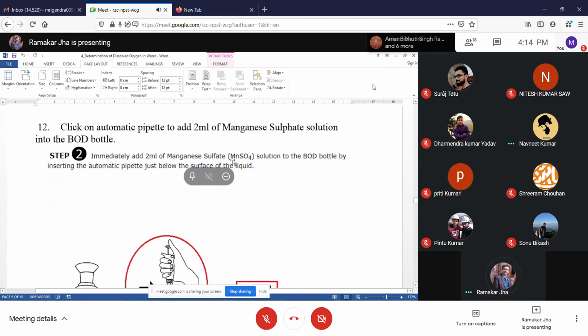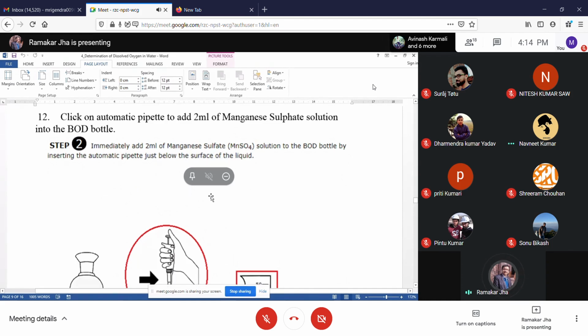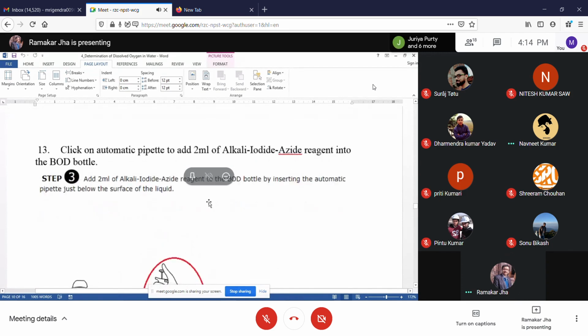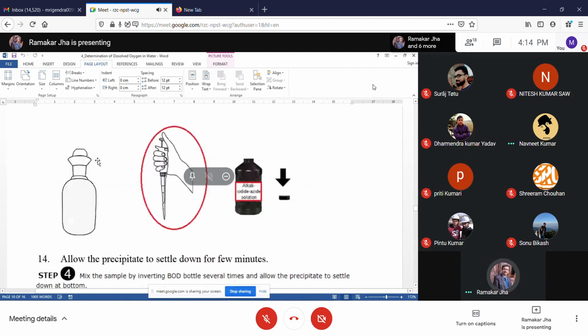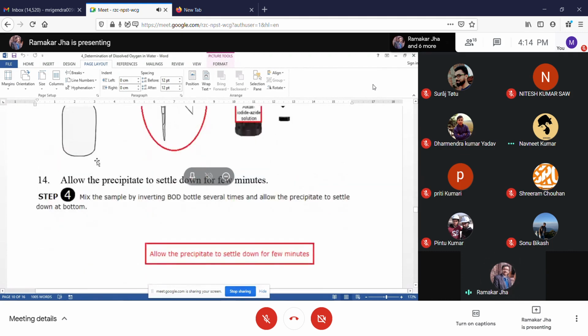This is what we do in BOD also, right? Then alkali azide, if you are bringing it to the laboratory. These two things you have added. This is what we have done in BOD also, MnSO4 and alkali azide. Now once you added, mix the sample by inverting the BOD bottle several times and allow the precipitate to settle down